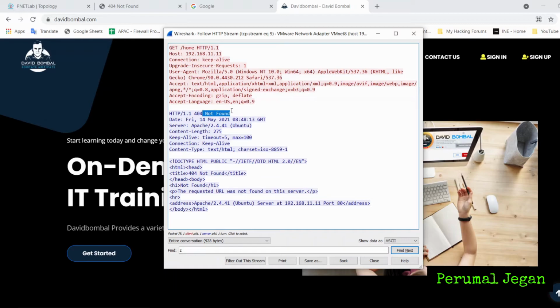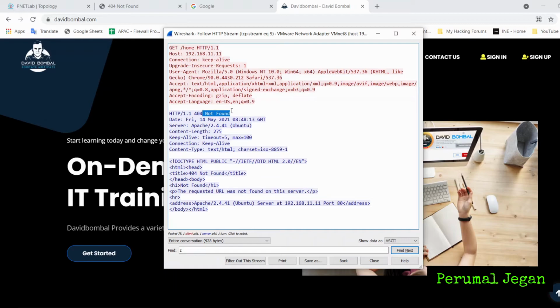Sometimes you will get a 500 series code. For example, 500 internal server error. In such cases, you may assume there is some issue at the server level. So whenever there is some problem in the server, you will be getting such a status message.